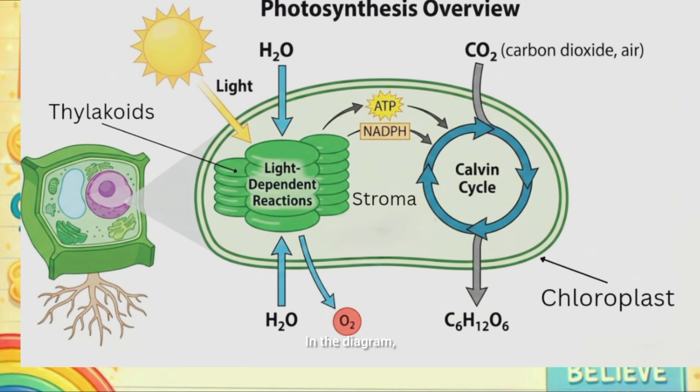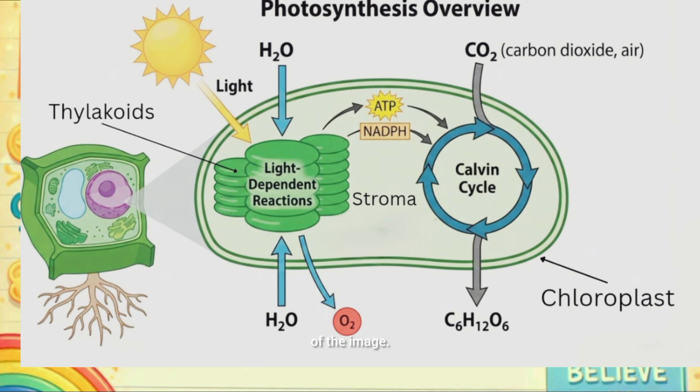In the diagram, the light reactions of photosynthesis are shown occurring on these thylakoid membranes. Surrounding the thylakoids is the stroma, a fluid-filled region that contains enzymes necessary for food synthesis. The Calvin cycle, also known as the dark reaction, takes place in the stroma, as shown on the right side